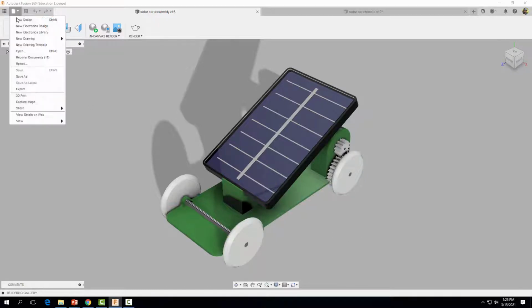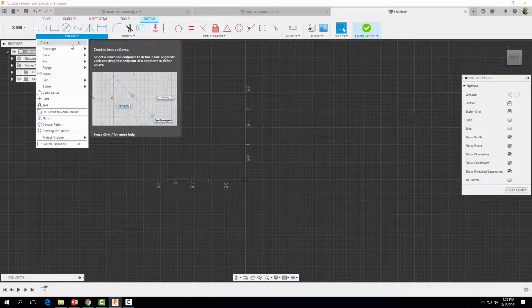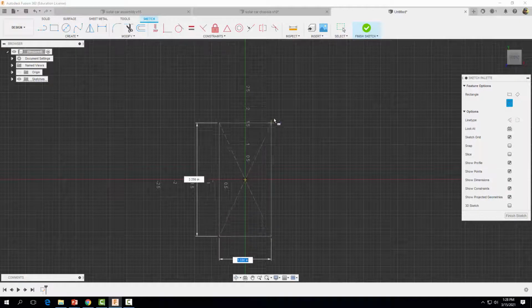Come on up to File and let's start a new design. So the first thing we want to do is start a sketch here on our XY plane. We're going to come up to Create, down to Rectangle, and grab our center rectangle here. And it's important that you grab the center rectangle. And from our origin, we're going to drag out